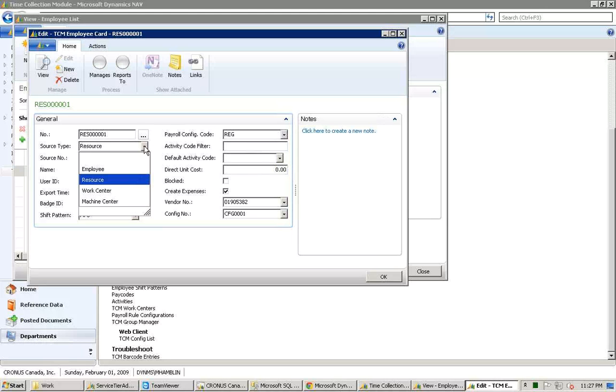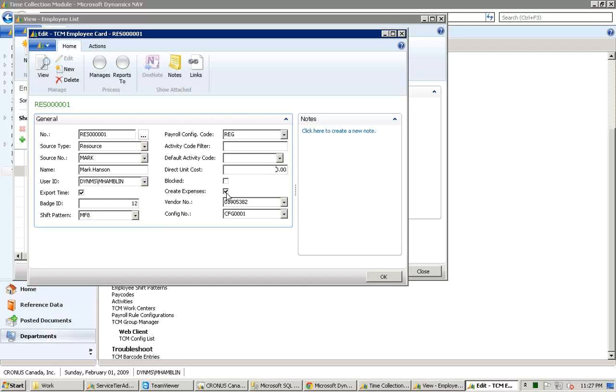And likewise, we can pull a cost from the work center and machine center instead of from here if we want. However, if we want to specify the unit cost here, we can do that, and that's yet another place where we can drive the cost of labor to the actual jobs and production orders. This last part here,